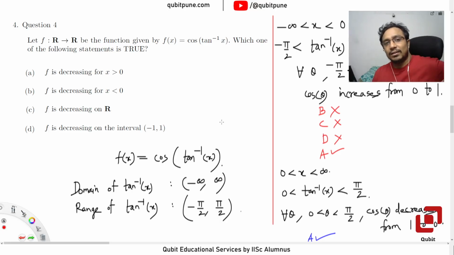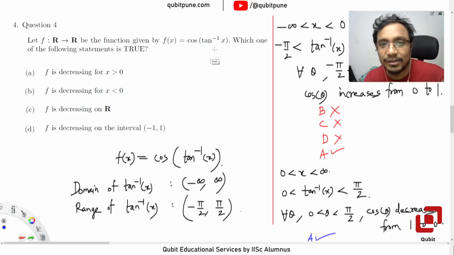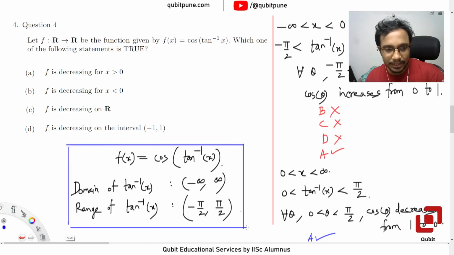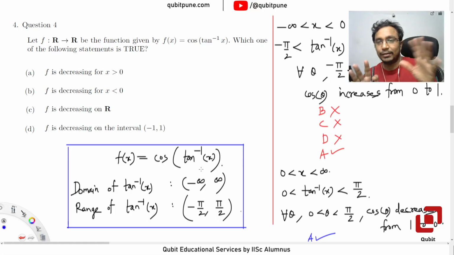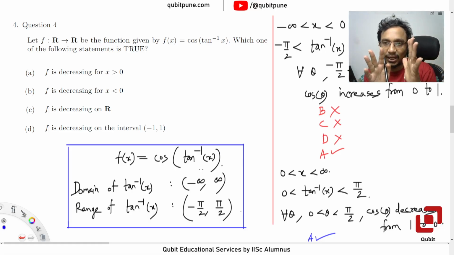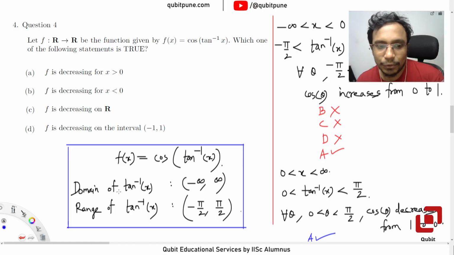Now, first of all, आपको composite functions के properties और specifically tan inverse of x का domain और range पता होना चाहिए, right? The principal value branch of tan x is what we consider for defining tan inverse of x. Okay, तो ये पार्ट आपको पता होना ज़रूरी है सबसे पहले, because the domain of the inner function remains the domain of the composite function, but the range of the inner function kind of becomes the domain of the outer function. Here the outer function is cos. तो डोमेन तो उसमें